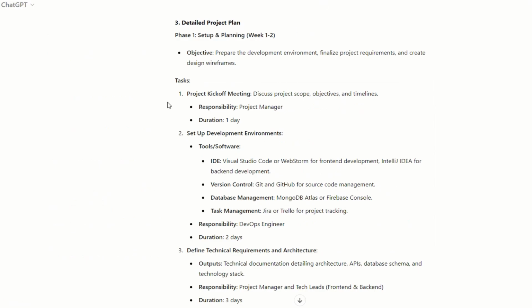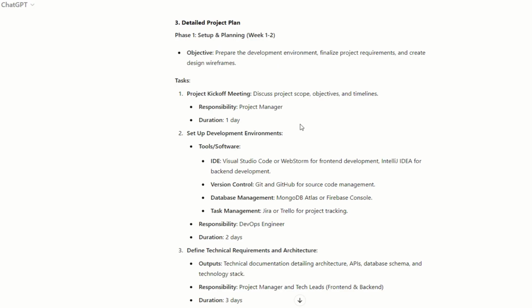So it further goes on to give us the detailed project plan and gives us the steps or the tasks for each phase. So phase 1 is setting up and planning, which is the first 2 weeks. The objective is to prepare the development environment, finalize requirements, and create design wireframes, and the tasks are created.